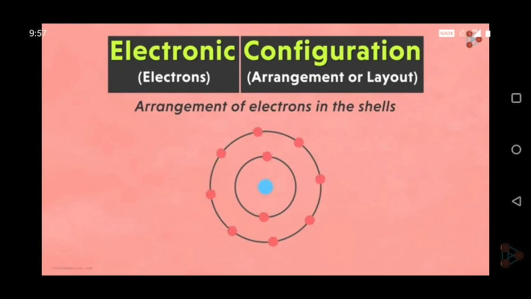Look at all elements other than noble gases. They are so active. What makes them so active and reactive? The answer again lies in their electronic configuration. They all struggle to have a configuration like noble gas and become stable. All the metals, non-metals and metalloids react with other elements in order to get a stable configuration.